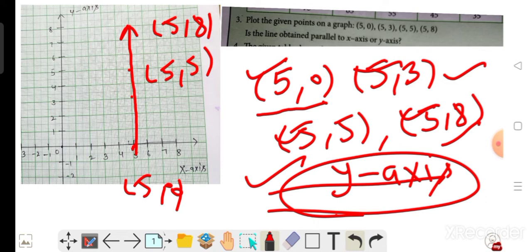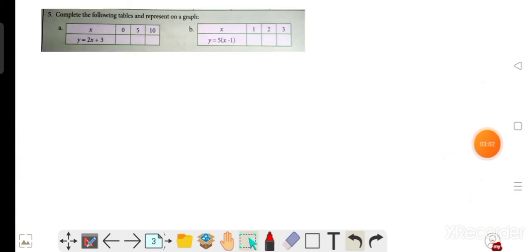I hope you all get it. Your fourth question is also the same as your first and second question. Try to do the fourth question by yourself. Now we will solve our question number fifth. Now look at the fifth question statement. In the fifth question you are given a relation between y and x.